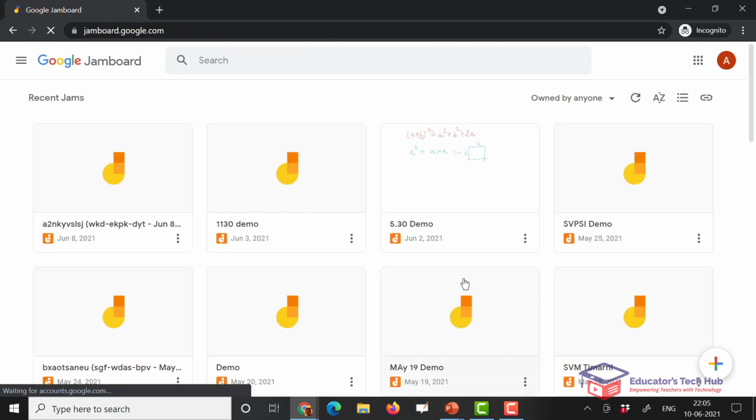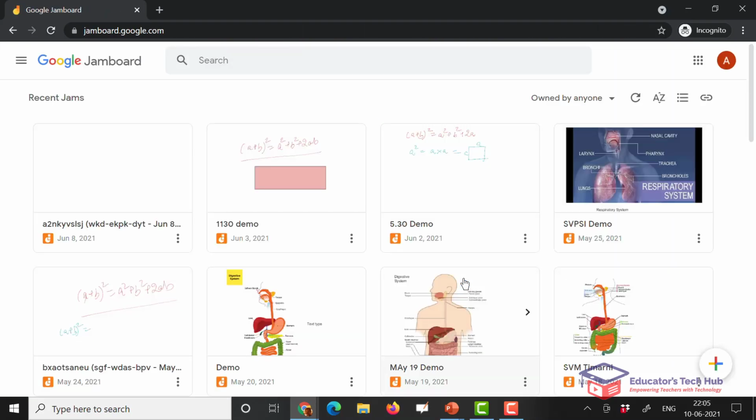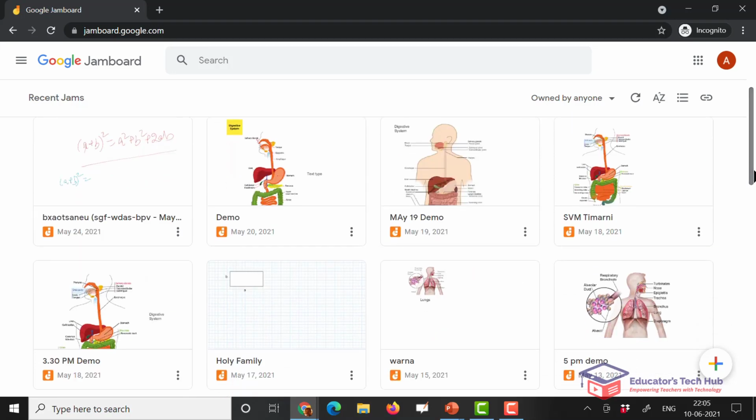And there you are. Now I have been using this for a lot of demonstrations. Whenever you create a Jamboard, it opens up here and gets saved onto my Google Drive. Now let us open a new Jamboard. To open a new Jamboard, click on this plus sign.